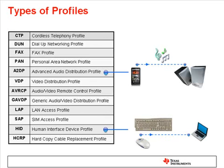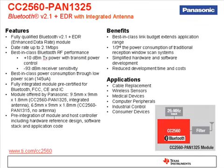The TI device that we are offering that provides Bluetooth is called the CC2560. We've taken this device and worked with Panasonic to integrate it into a module. The module is going to offer many benefits, which I'll show in a moment. This device includes the filter, the antenna, and the fast clock. There's another device that's also available without the antenna if that's something you prefer. A couple key things to note about this device